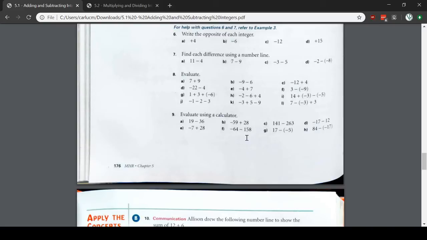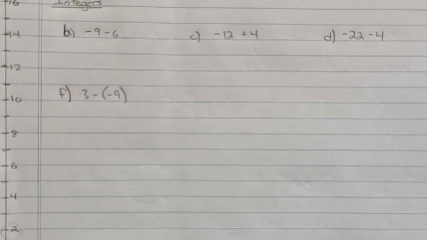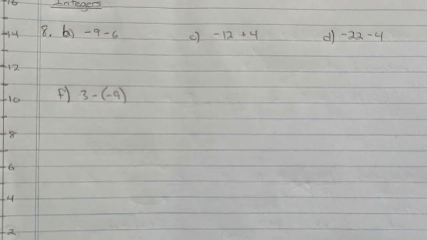One more, F minus negative. Okay, so I've got those copied down. Flip over to the questions. So these are the questions I had picked out of number 8 to take a look at. So we're working with